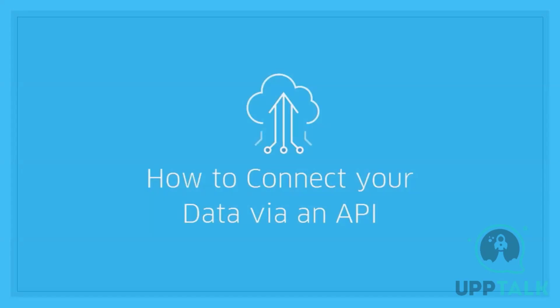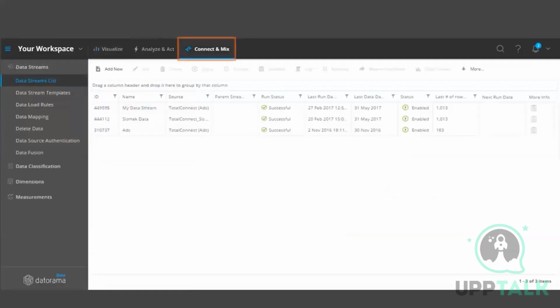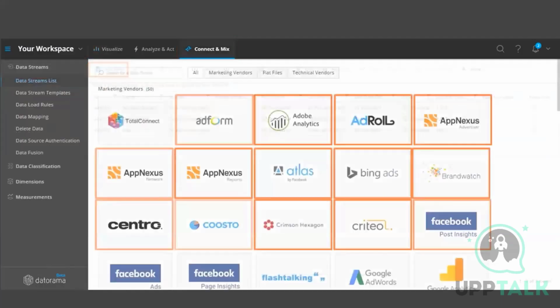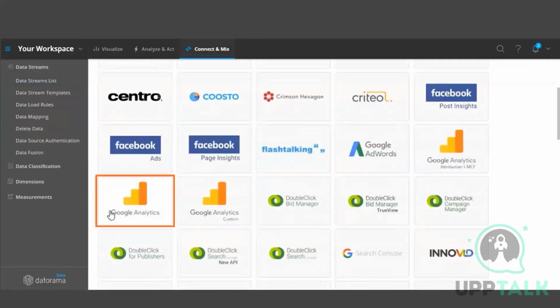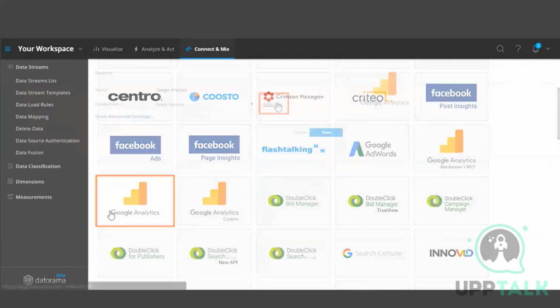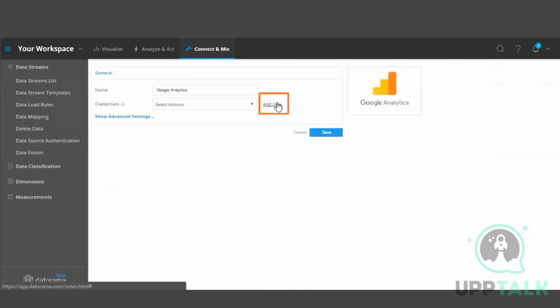APIs, again, we have discussed what are the types of APIs we have. I'm sure you guys have configured APIs, but if you have not, APIs are something which requires your credentials before you can move in. Like if you get Google Analytics data in your inbox, you can map it as a total connect and schedule it. But when you're doing it